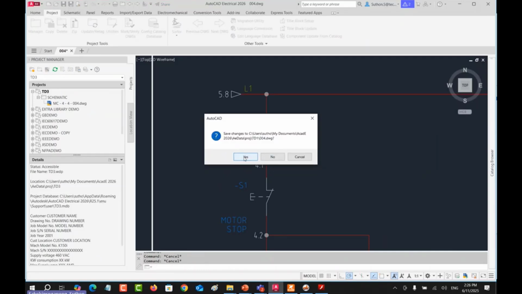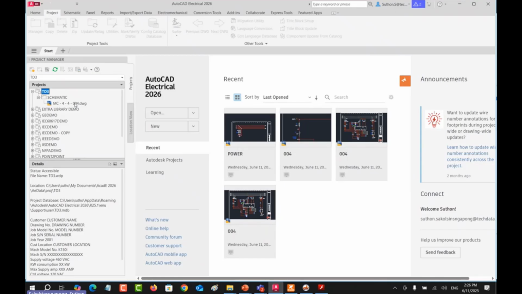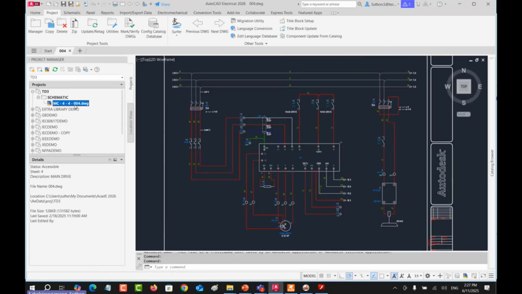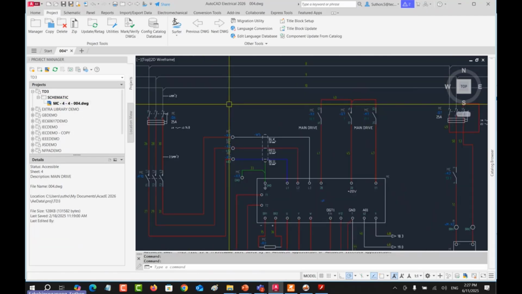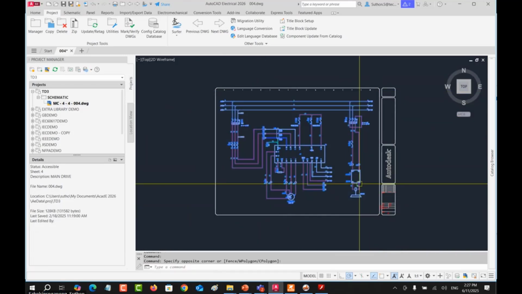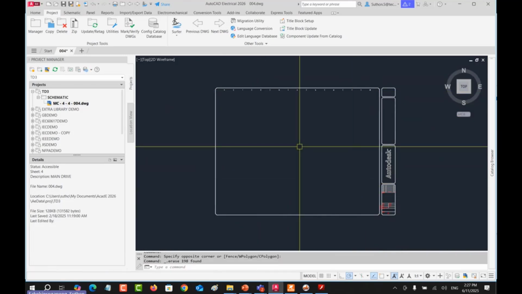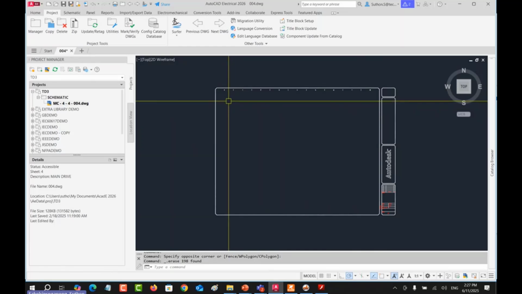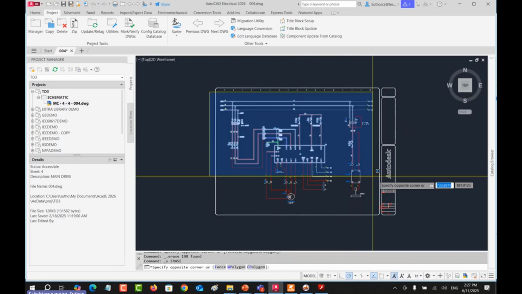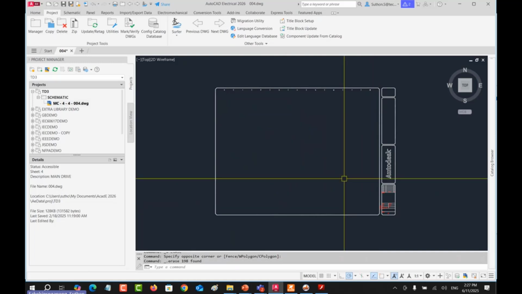Okay, I will save this one. I double click here, the 004 that I copied from the IC demo, right? And you can see that it's quite complex to understand, right? I will delete all. But you have to be careful that once you delete all the lines in the drawing, you delete it all, but you didn't delete it in the database.